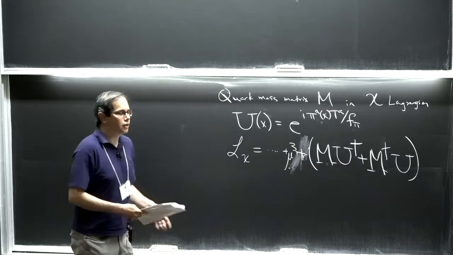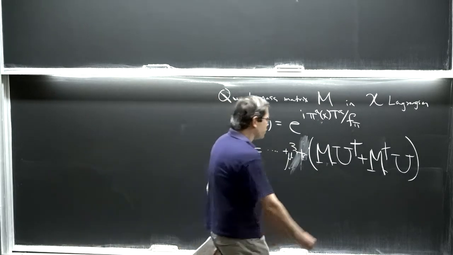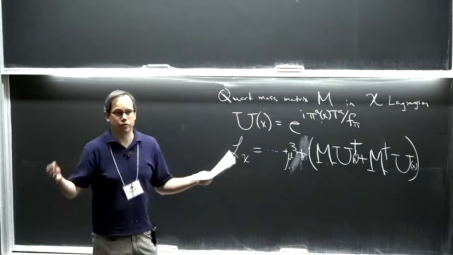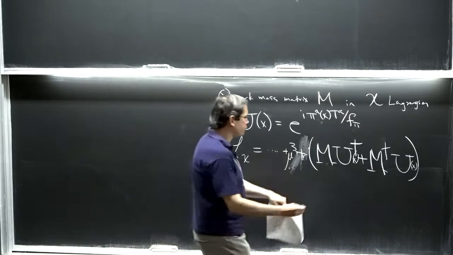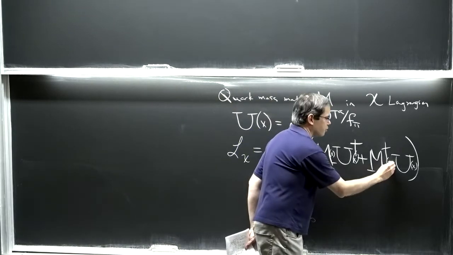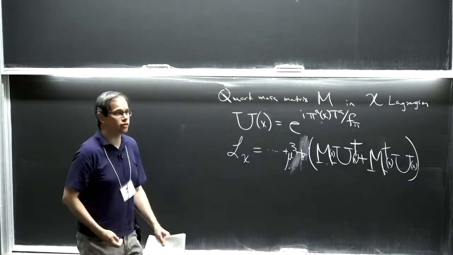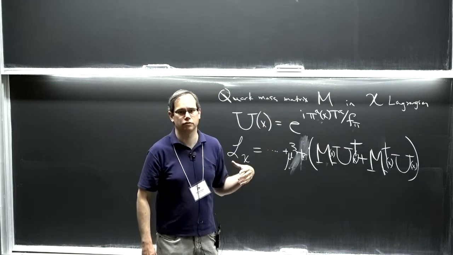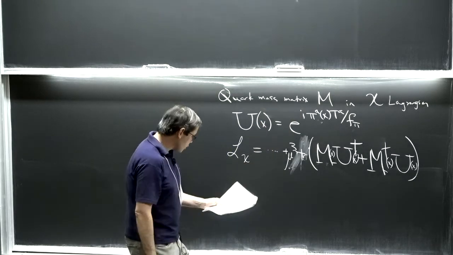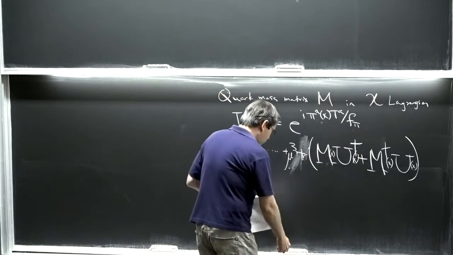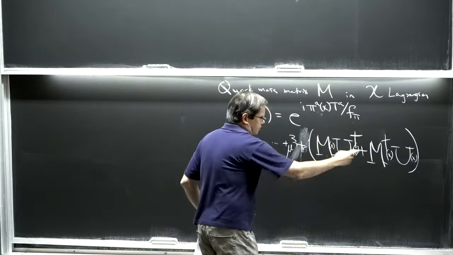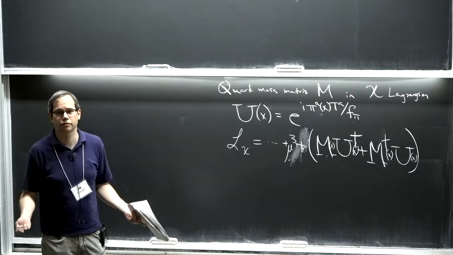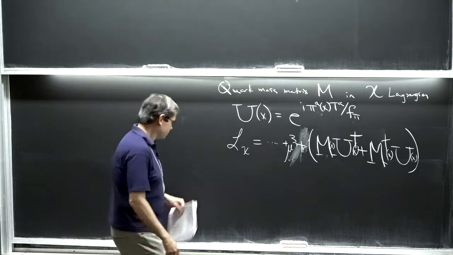Okay, so basically, this thing exists in the Chiral Lagrangian where this U is a field, and these M's were just numbers. They were mass matrices. But what we've done is we've now made this M a field because we've made the masses dependent on theta. Okay, so inside this mass matrix, we now have theta appearing in the phases of some of the entries. And that means that if I expand this out, I will find terms inside this trace that depend on theta and don't depend on anything else, and those are a potential. Those generate some potential for theta.